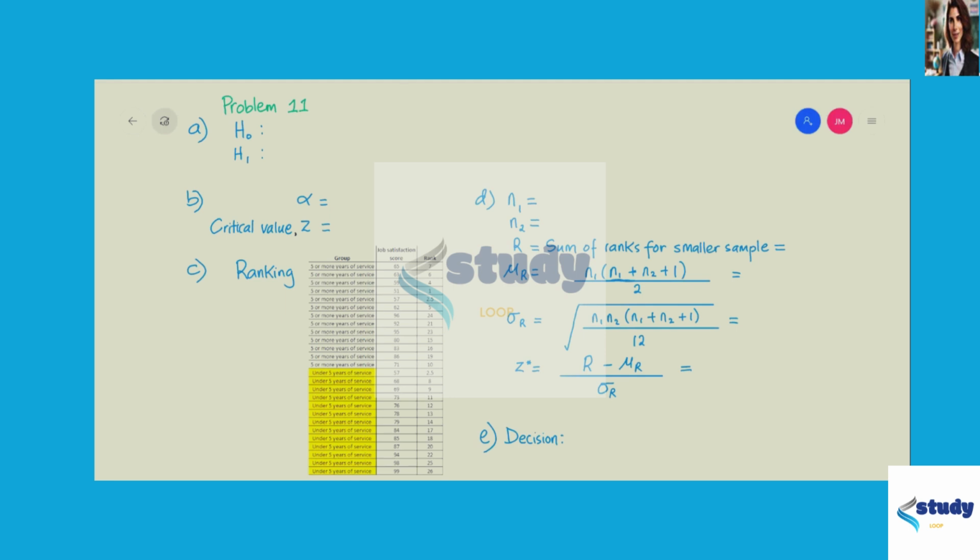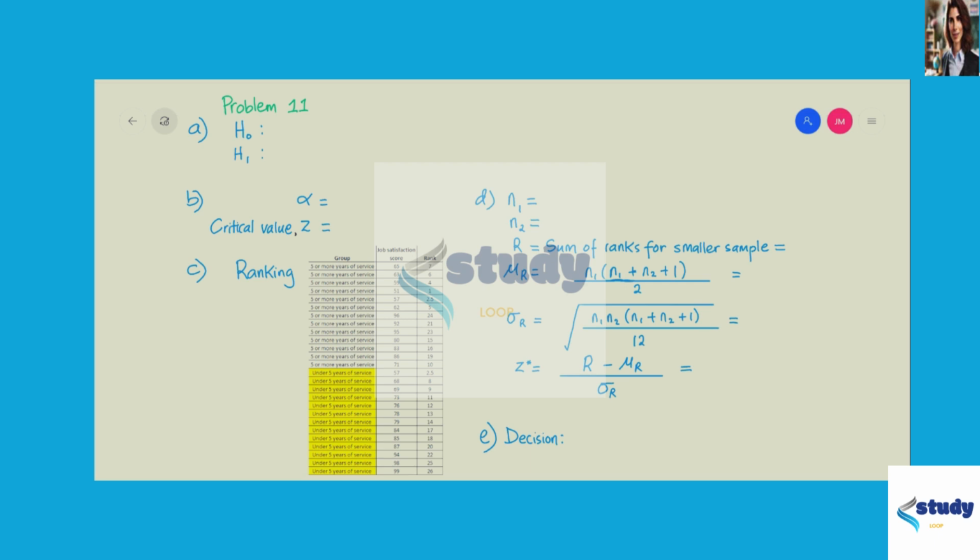In problem 11, we have some data on the job satisfaction level of two groups of employees. And these job satisfaction scores range from 0 to 100. We're going to be checking whether the two groups of employees have different job satisfaction. And so the first category is 5 or more years of service, and the second category is under 5 years